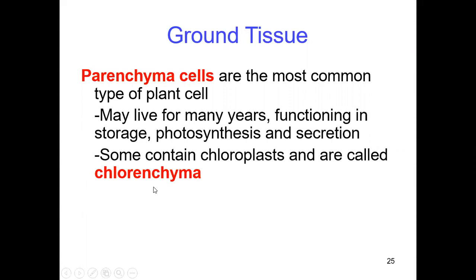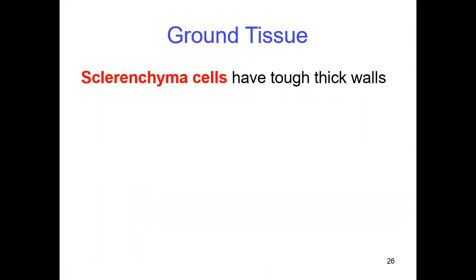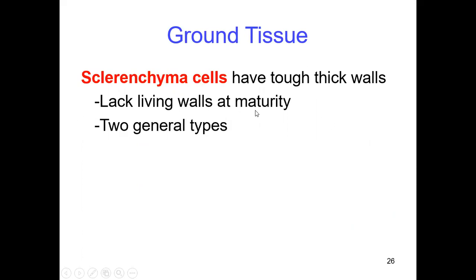For example, take the chlorenchyma, which contains chloroplasts. If you see this, due to the presence of chloroplasts, their function is photosynthesis, and so the name is given. Okay. So these are the different kinds. Collenchyma provides support to the plant organ, allowing bending, not breaking here. Next, the sclerenchyma here. So this is the second one. They lack living protoplasts at maturity.